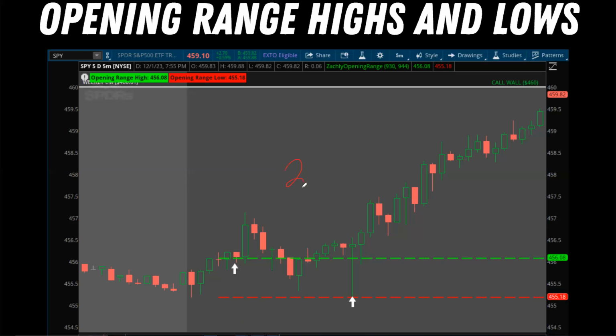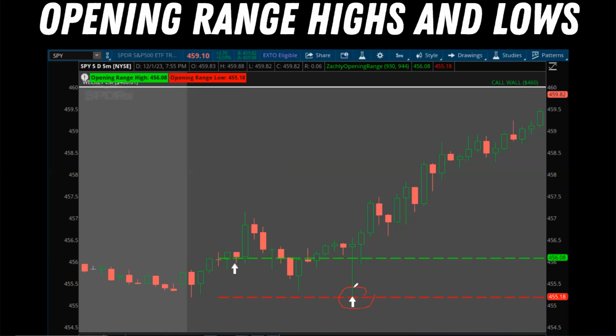All right, so that's one way. Really two ways that we went over, right? The initial break, you can try to catch the move to the upside. That's number one. Number two, you can look for the break, retest, push higher, or break, retest, push lower. And number three is the opening range often acts as support and resistance as well. So if you see here, we come down, right? And we have this little bit of this failure of the opening range highs. And what do